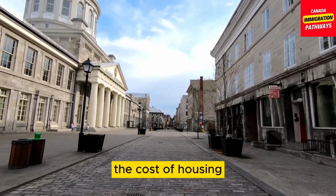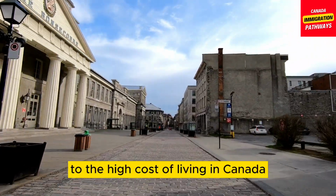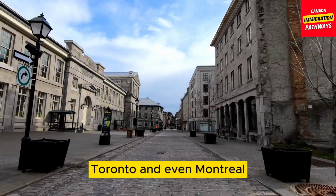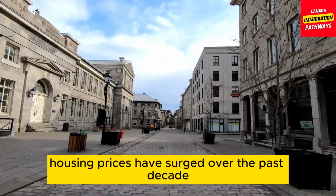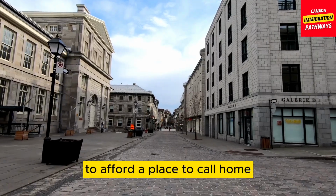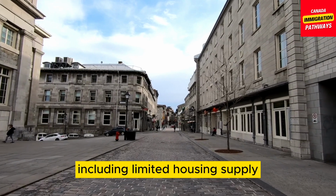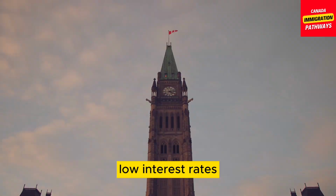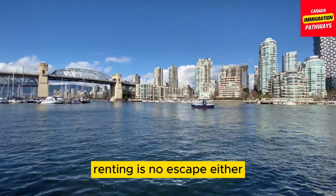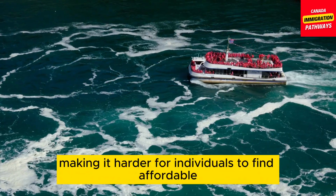The cost of housing. One of the most significant contributors to the high cost of living in Canada is the exorbitant cost of housing in cities like Vancouver, Toronto, and even Montreal. Housing prices have surged over the past decade, leaving many individuals and families struggling to afford a place to call home. A combination of factors, including limited housing supply, low interest rates, and foreign investment, has created a perfect storm that's driven up prices. Renting is no escape either, as rental costs have risen substantially, making it harder for individuals